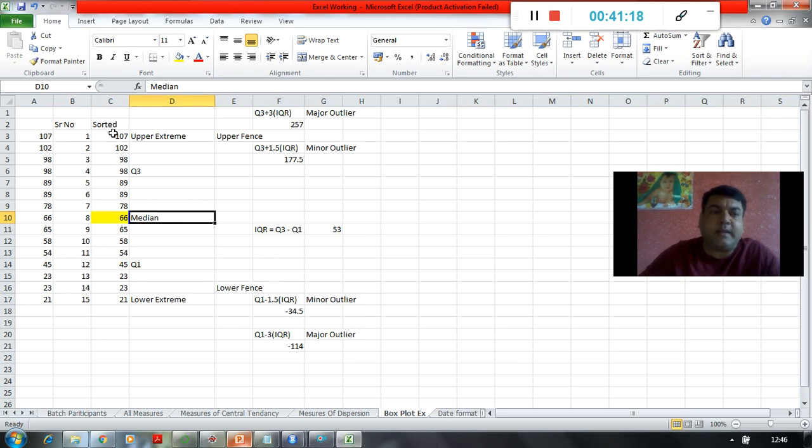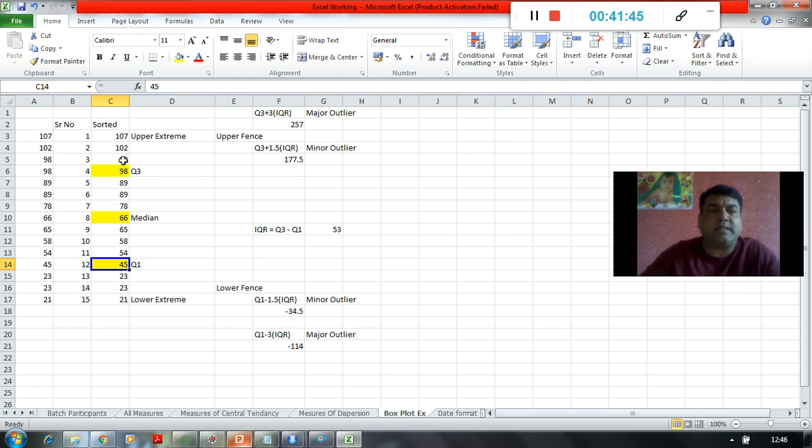After that it calculates another median between the upper extreme and the median, which is going to be this, and Q1 is going to be another median, the median for the data between this and this, right?